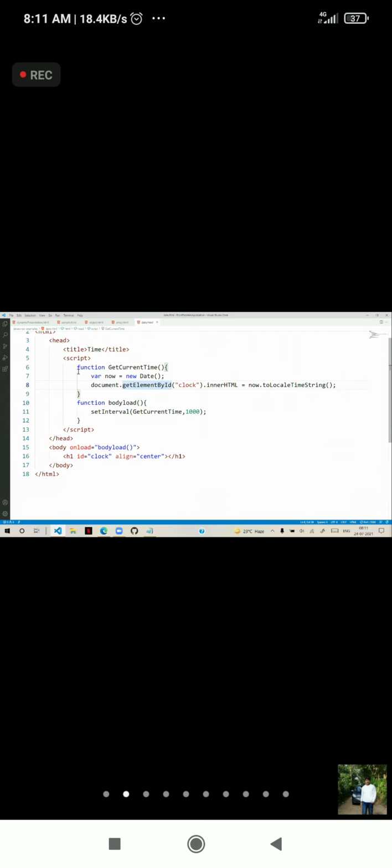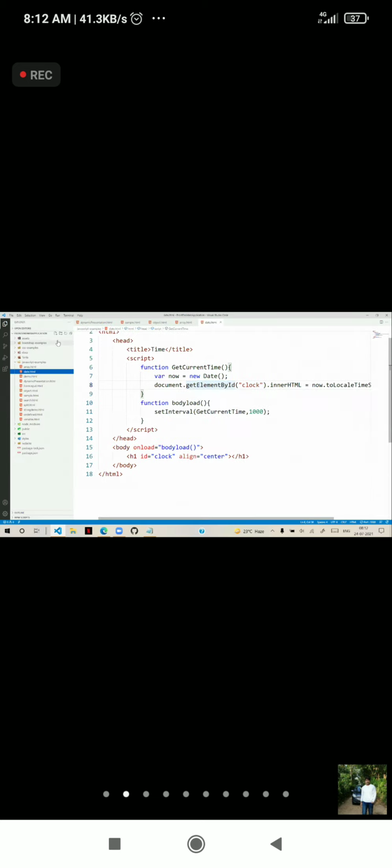Now the point is, what is the difference between map and object? To understand clearly, let's see it here. First, when you are creating an object, let's take a page.